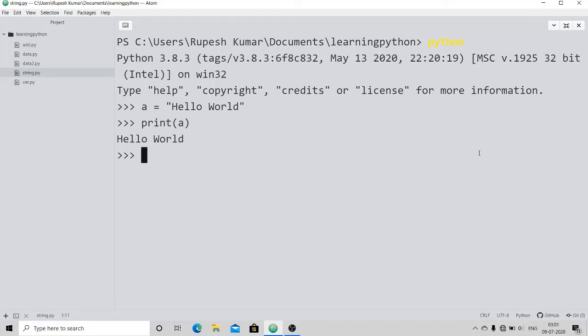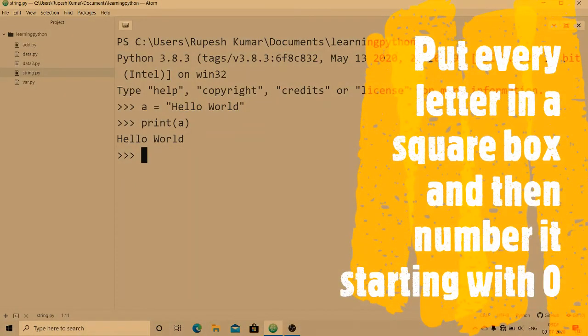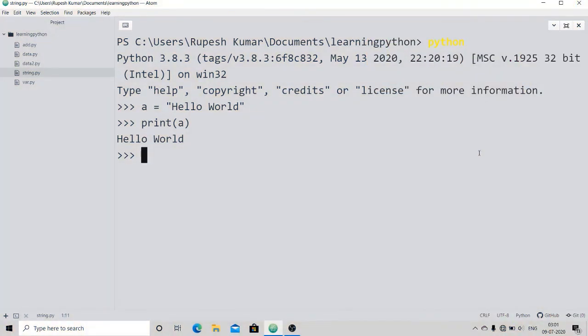If you divide every alphabet separately and put each inside a square box, that means H inside a single square box, E inside the next square box of the same kind, L inside another square box of the same kind. If you store all these in square boxes, in a combination of square boxes, then you will get a long rectangular box. It combines all those square boxes containing each letter of the string "hello world". That long rectangular box will be considered as this array.